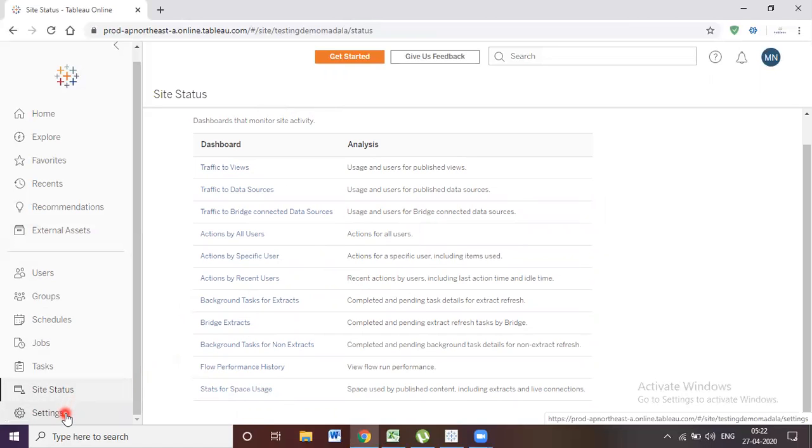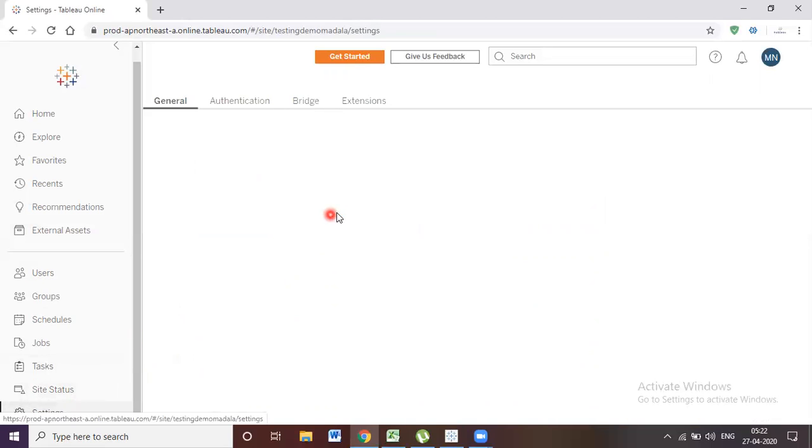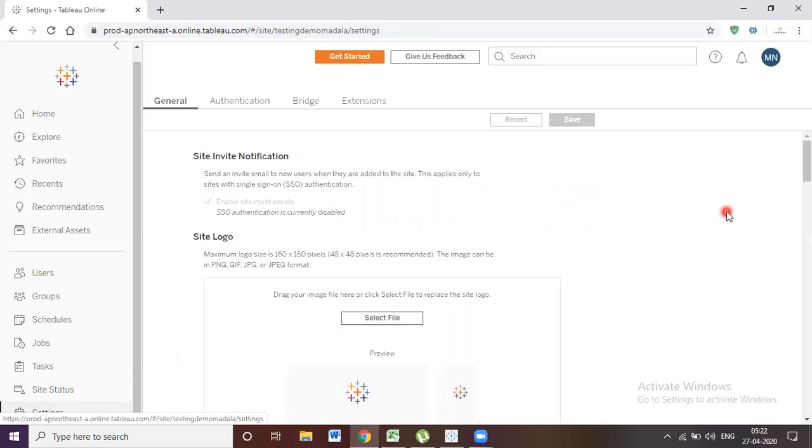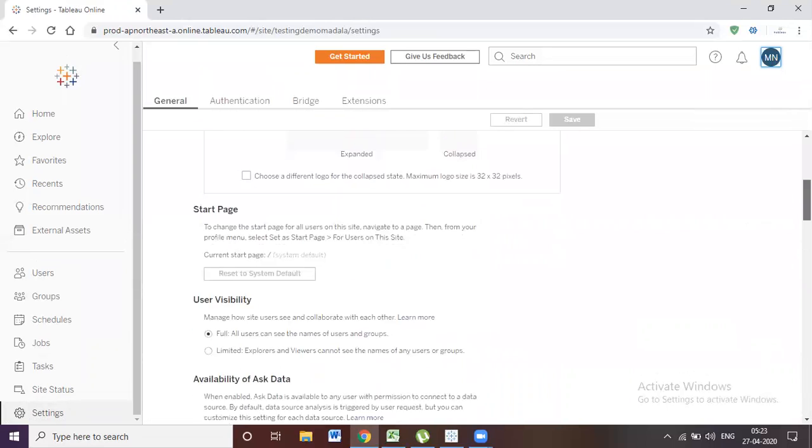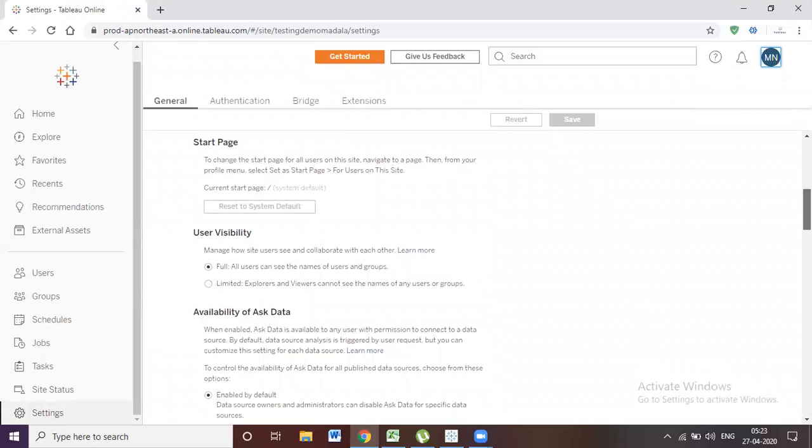And coming to the last thing, the settings. Whatever options you do here, enabling or disabling, will be applied to the entire site. Whatever account settings you do is only for that particular user. But if you do these settings from here, it will be applicable to the entire site's users. So you can change the logo, and you can set the start page,